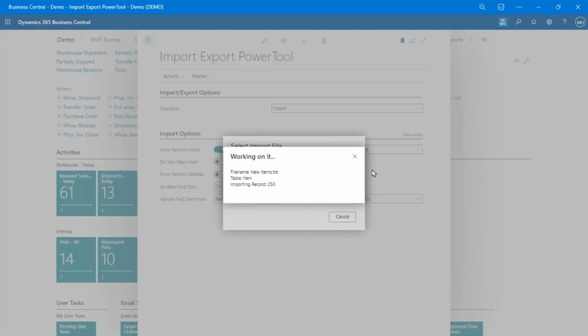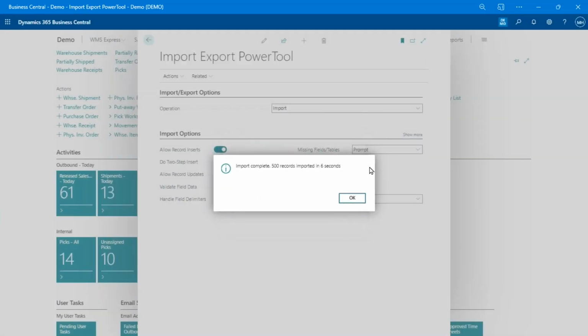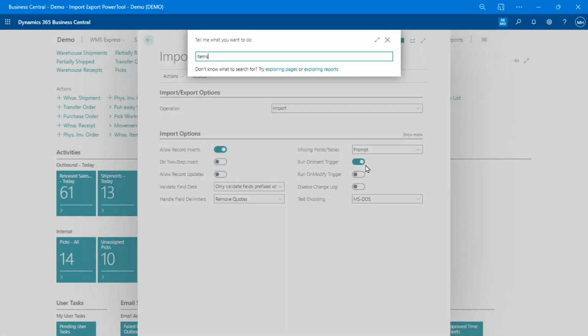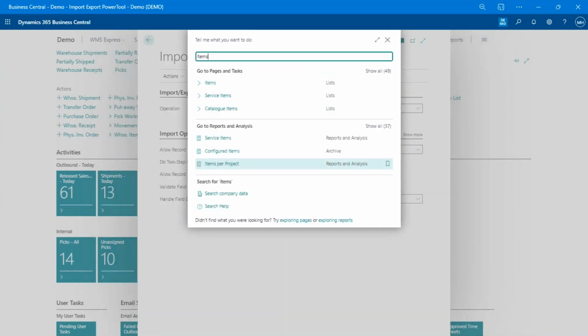And by the way, in this particular case, I would have normally turned off the run on insert trigger because I actually don't need it. I know just based on the way the code looks that I don't actually need this. With that on, it takes a little more time to run, but it still took 6 seconds to import those items. So if we go back and look at those items now,